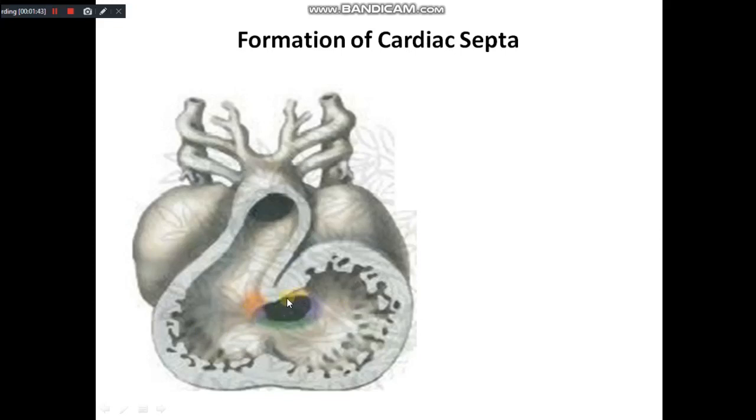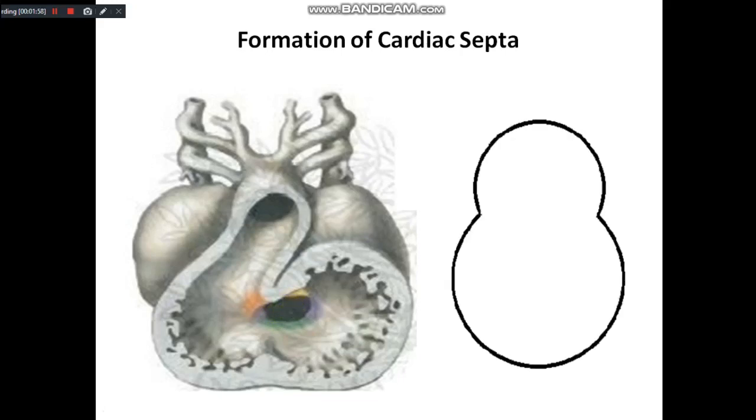Now later on, a septum develops by formation of the endocardial cushions, which divide this canal into the right and left atrioventricular orifices, and that septum will be called the septum intermedium. Now in this diagram we will see the chambers. The upper one indicated by the blue area is the atrial chamber, and the lower one indicated by the red area is the ventricular chamber, and this green arrow shows the atrioventricular canal.